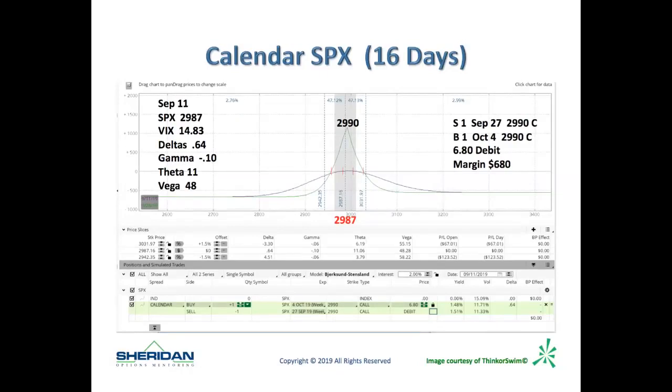And if you look at this, there's a 16-day calendar. And again, I took this slide when we were a little lower, 5 points lower. We're at 29.87, and there is no 29.87 strike. So what did I do? So I'm selling the SEP 27, 29.90, 16 days from expiration, and I'm buying my long, in this case, OC4, 23 days from expiration, doing it